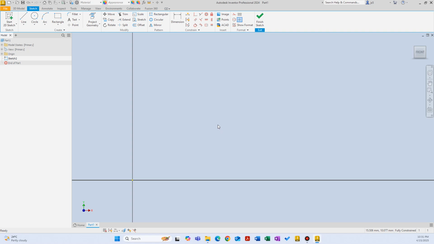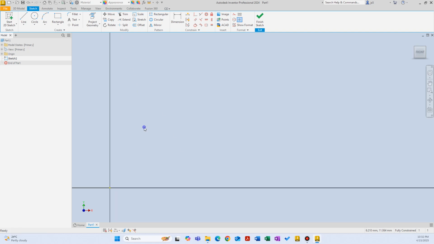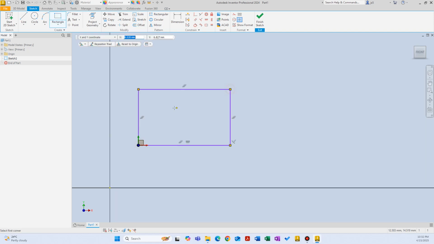They're not as commonly used, but it is good to know that they are available, and it's good to know what they do for us, what they can be used for. So let's start with move. Let's draw a rectangle here. Let's say this is our rectangle, and I'm sure you know this, that you can select the whole rectangle and